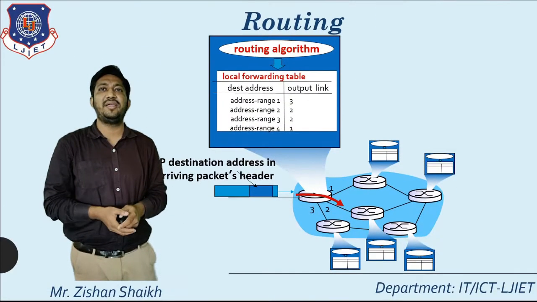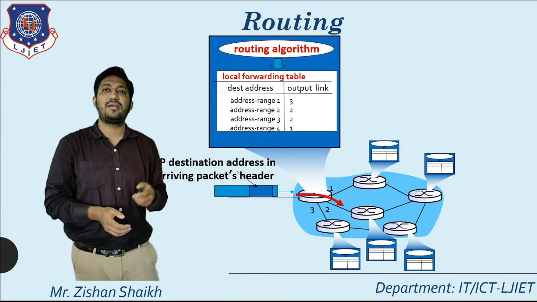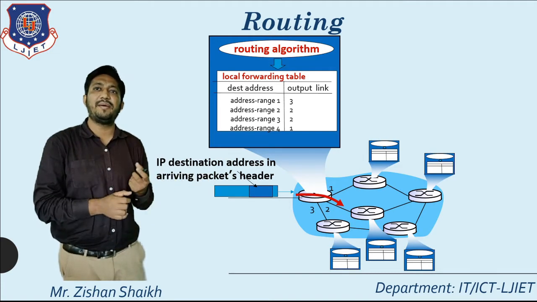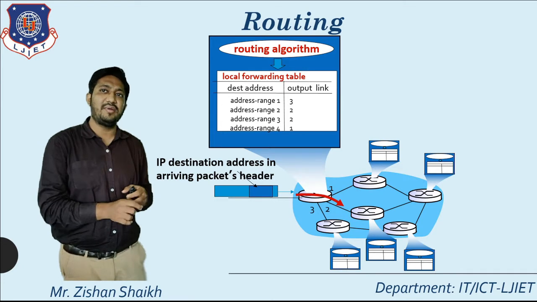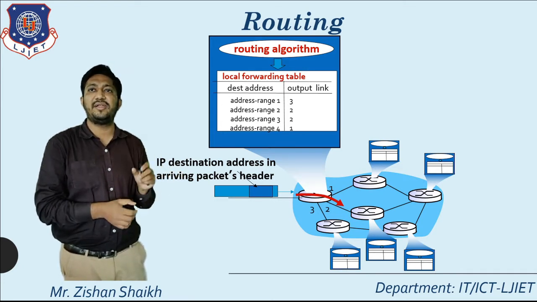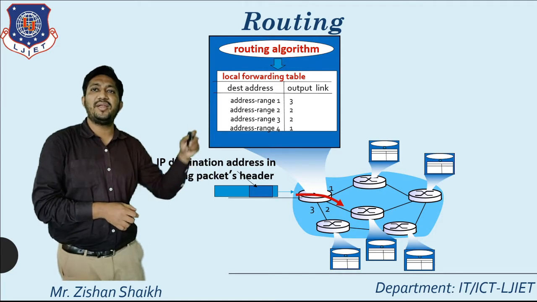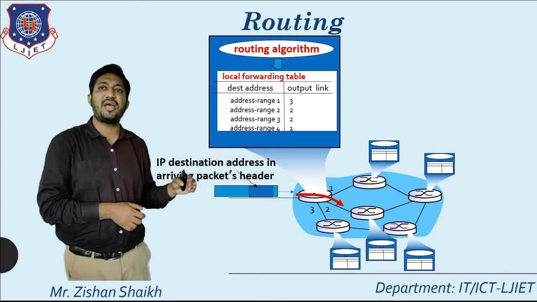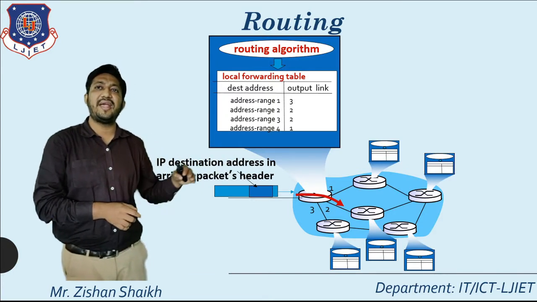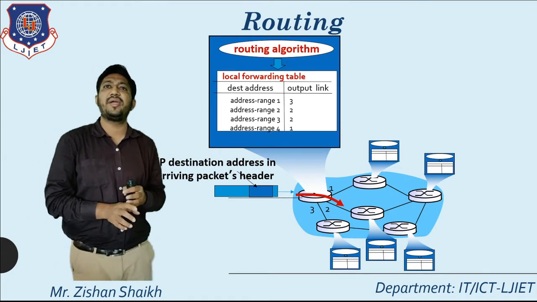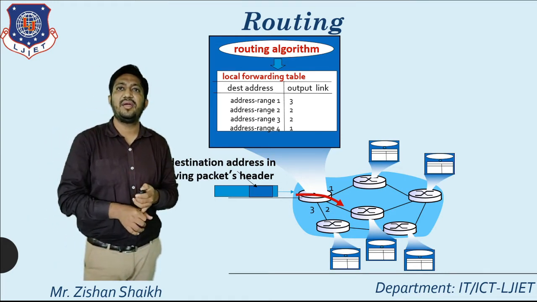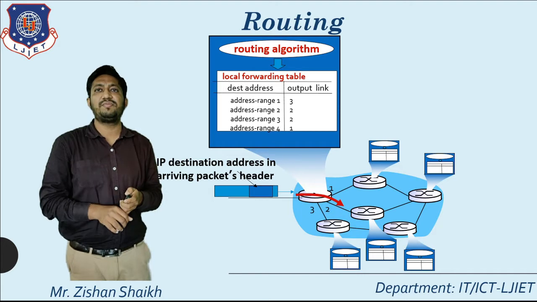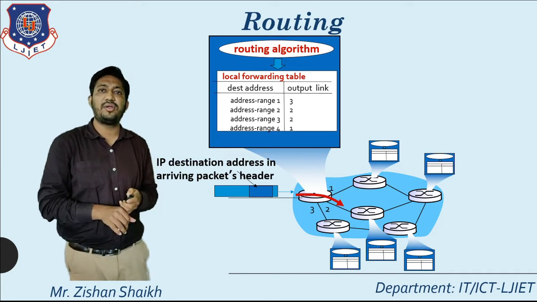Now we are moving to how exactly routing is performed. When we send data packets from our network layer, first the data packets are encapsulated. In the encapsulated packet, the payload and header information are available. When the data packets are sent from source to destination, they travel through multiple routers. So how is the next hop calculated? For that, two mechanisms are used. First is the routing mechanism, and the other is the forwarding mechanism. The routing mechanism is performed by the different routing algorithms according to their category.